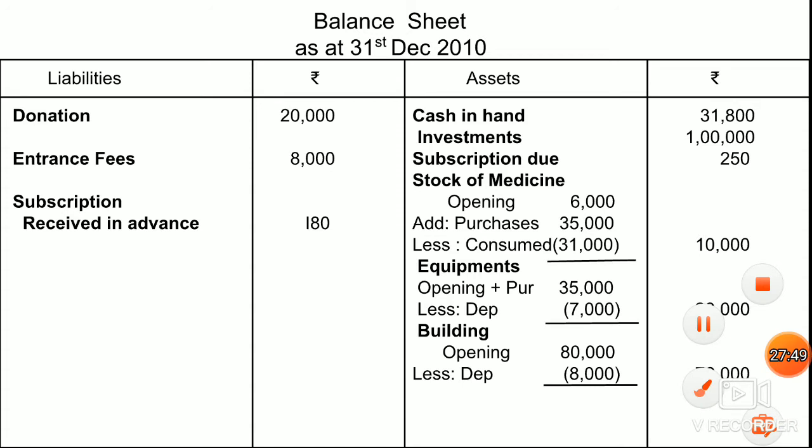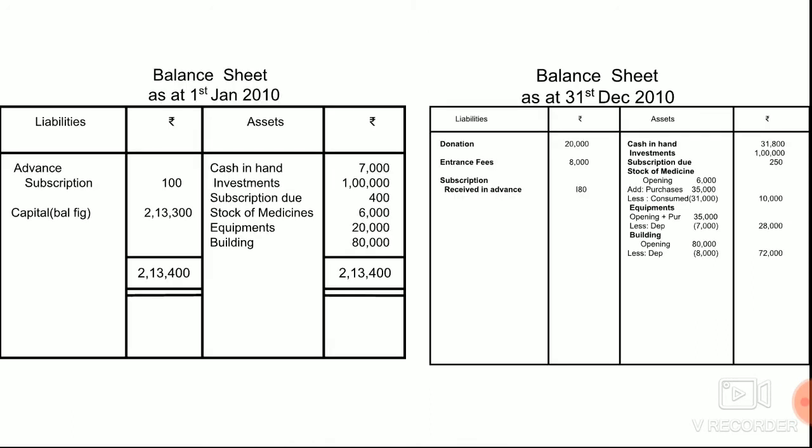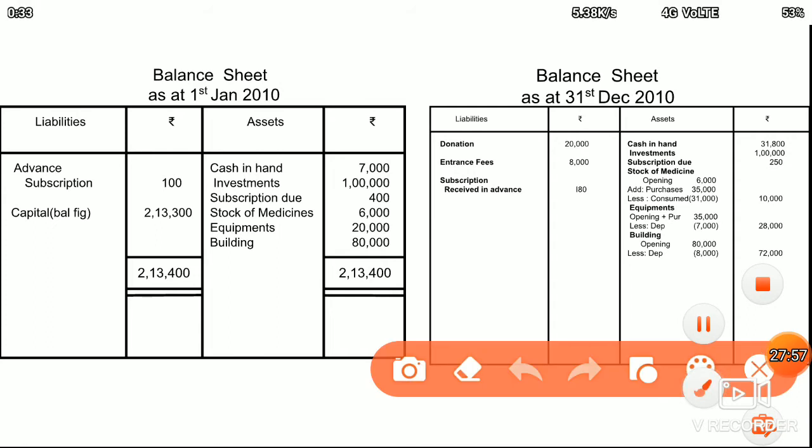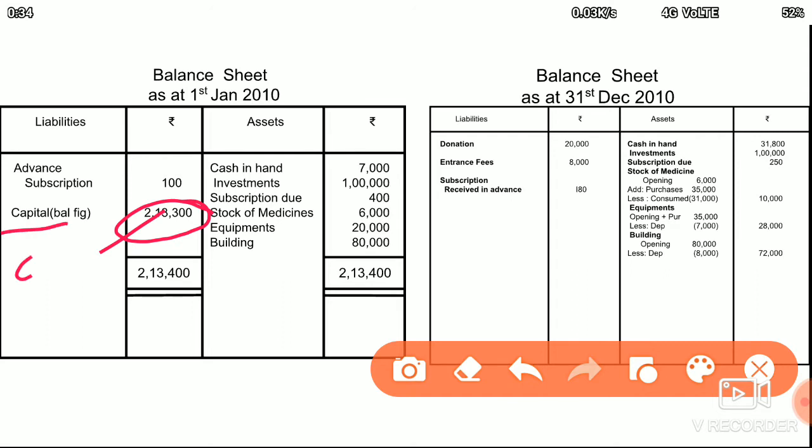Now we have entered almost all the adjustments. Now our next step is to see what we can take from the opening balance sheet. We have to check the opening balance sheet also once. We need the capital fund. So here the capital fund we have already calculated from the opening balance sheet, that is 2,13,300. This will come in our new balance sheet. This is not the capital, but it will be the capital fund. So the capital fund will be